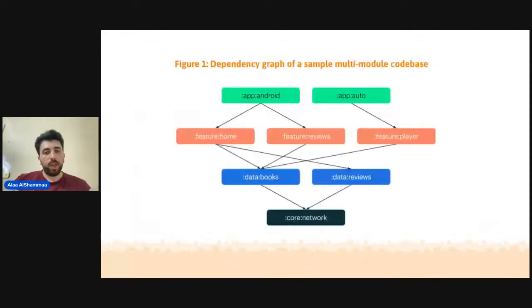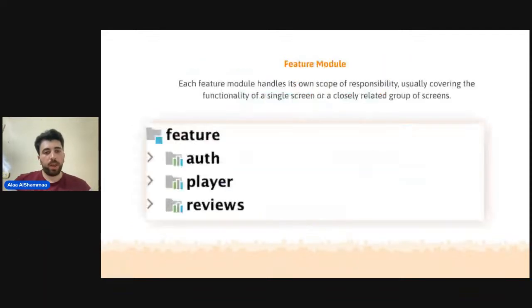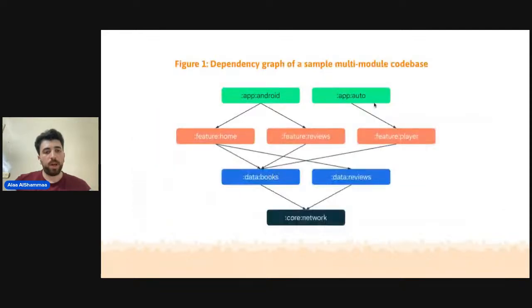So with this architecture, we would achieve something like this, where we have different features. Each feature has its data modules. These data modules are linked to these features, and here you have utilities or core networking modules, and then you can pick and choose between these features and have them modularized between different apps.